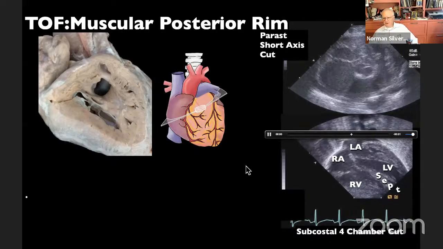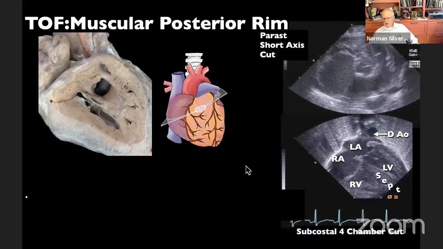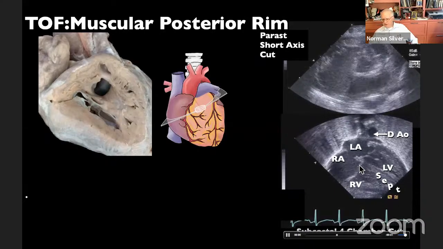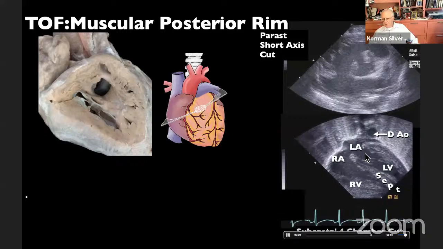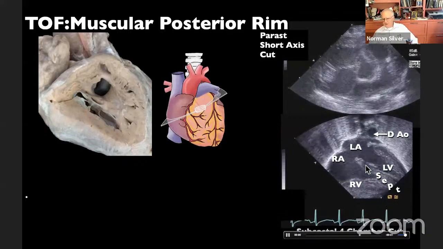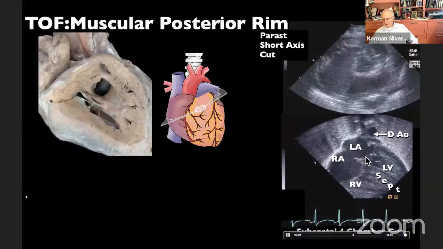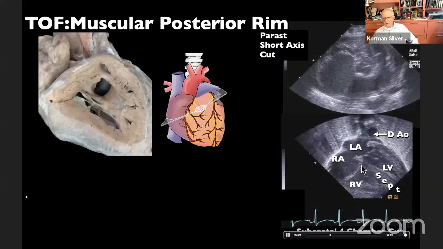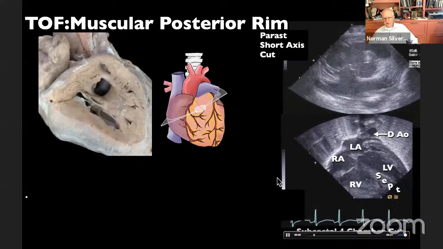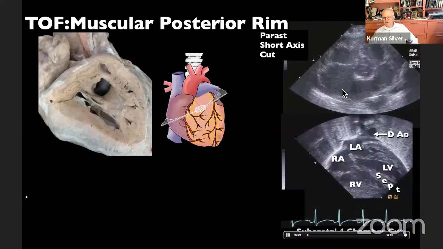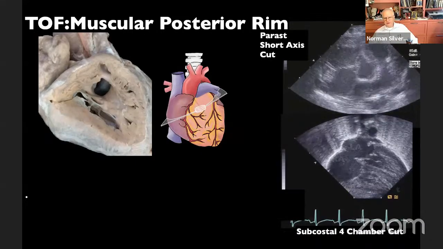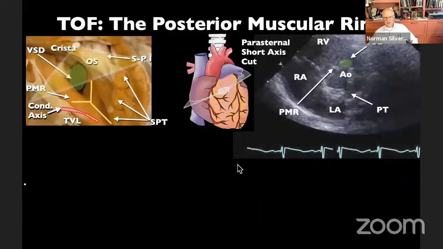And if you look at the defect in the subcostal view, you can see, instead of a ventricular septal defect here in this 4-chamber view, that there is muscular tissue and that the tricuspid and mitral valves are offset in the normal pattern that you would expect to see them. So this defect clearly has a posterior muscular ridge, and the conducting tissue is now safe from the surgeon's knife. Here is another example showing you that.